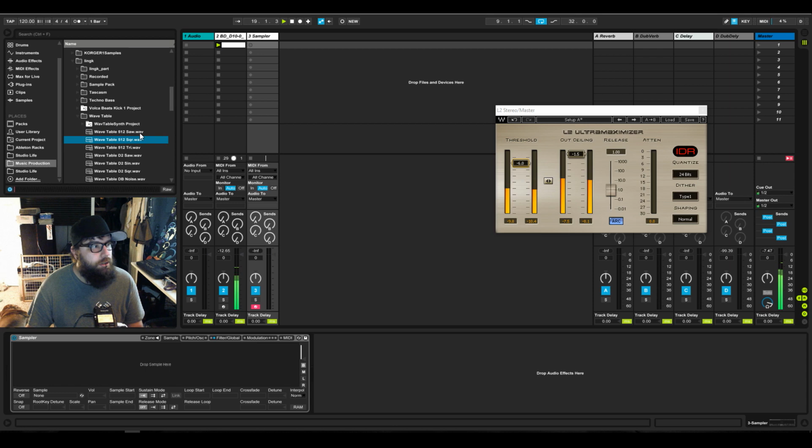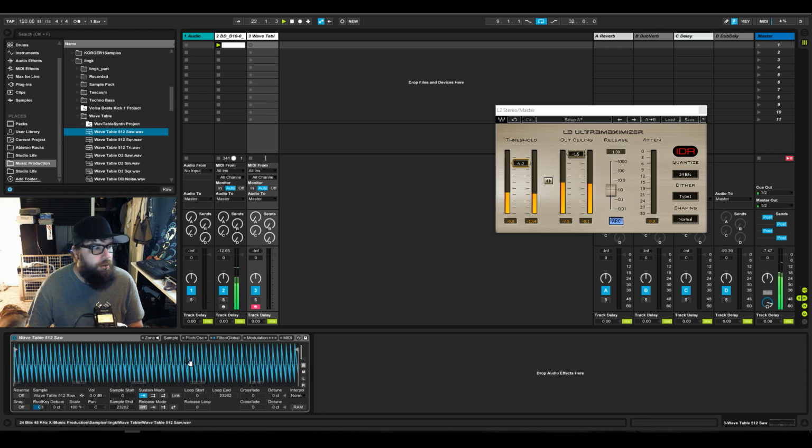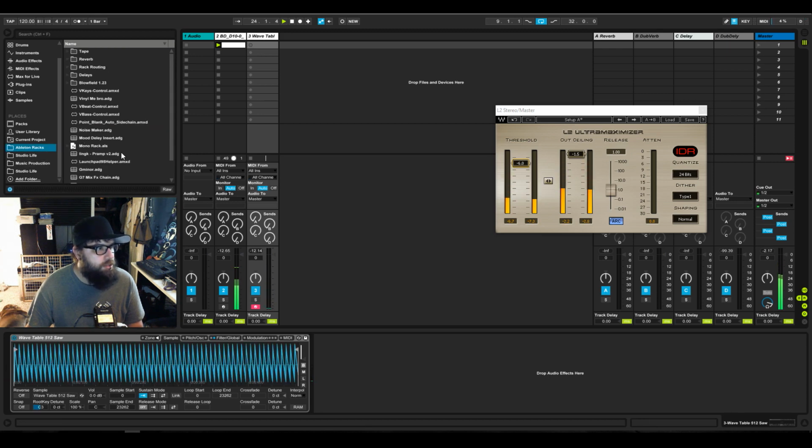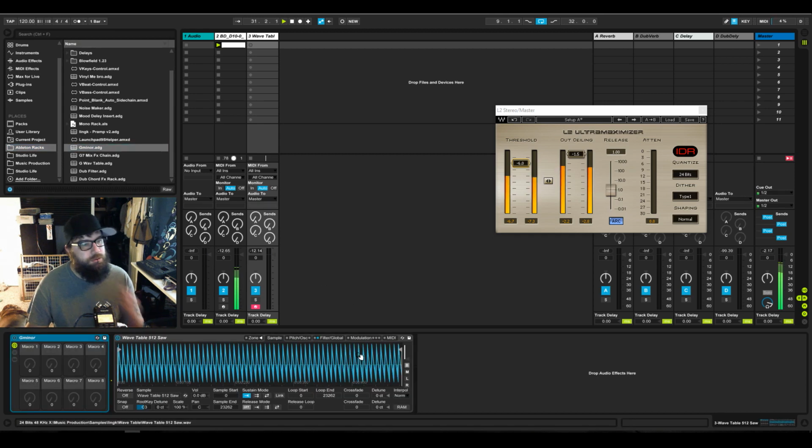Well, how can this turn into some? Well, we're going to put it down here. Right, and then we're going to go down to my racks. I highly recommend making Ableton racks to speed things up. Now, what is an Ableton rack, you may ask? Well, an Ableton rack is something like dub filter G minor, something like this.